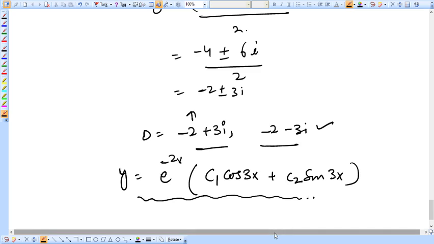This is the solution of the differential equation. Okay, so this is it for today. The rest of the things will be done